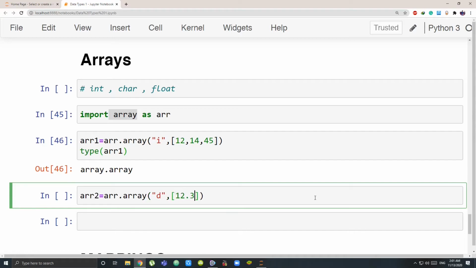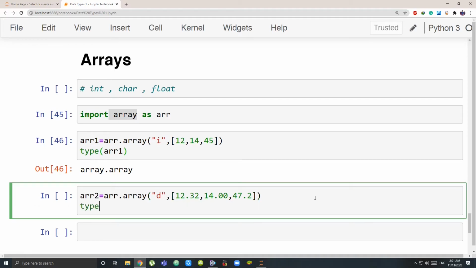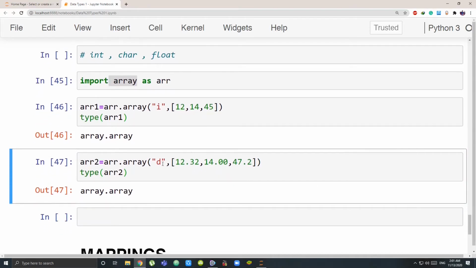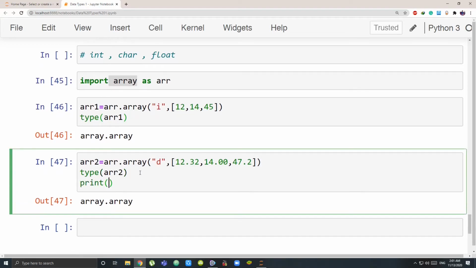I can have 12.32, I can have 14, maybe I didn't want any decimal, so I'll put 0.00, and 47.2. So I have made my array. What's the type of array2? It's again array. Let me just print and show you one array also so you get an idea. Print array2.